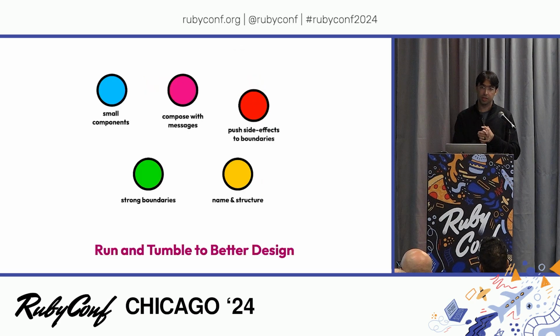So in conclusion, build small components, right? Make sure they have strong boundaries. A few inputs, a few outputs. Naming and structure. It's surprising, I know, but a lot of people don't think that you can go beyond model view controller, but you can, and Ruby makes it really easy. So give them structure, give folder structure and naming structure.